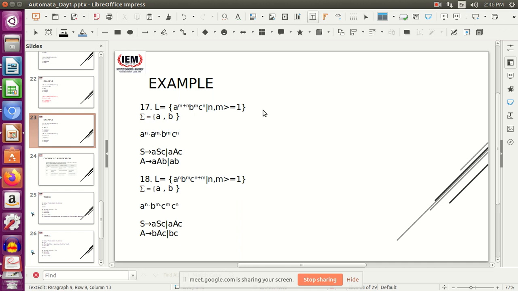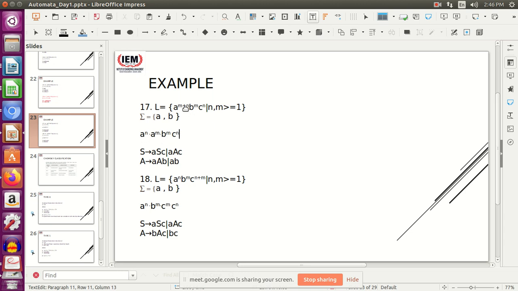Now this is again a special type of question, students. If you look at the format, it's for all the languages of the form A to the power m plus n, B to the power m, C to the power n. Now by looking at the language, you might find it a bit difficult that I have a summation in the power. Now how to solve this? The first thing that you are supposed to do when you get this kind of a question is break the power. A to the power m plus n means A to the power n dot A to the power m, and you have B to the power m, C to the power n already.